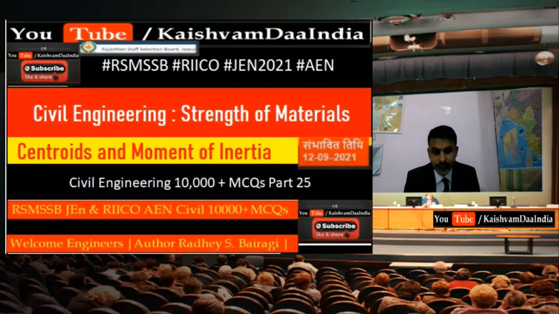Next, for any section, Ixx is the moment of inertia about x-axis and Iyy is the moment of inertia about y-axis. Then its polar moment of inertia will be Ixx plus Iyy. The ratio of moment of inertia of a rectangular section about its base and the axis parallel to its base and passing through its center of gravity will be 4. Right? I base upon I CG will be 4.